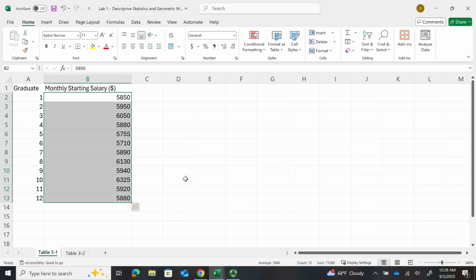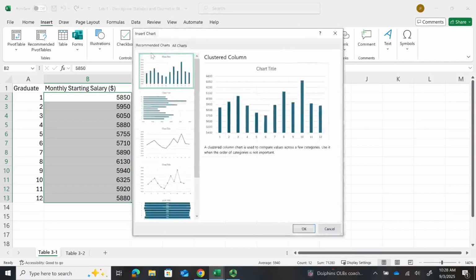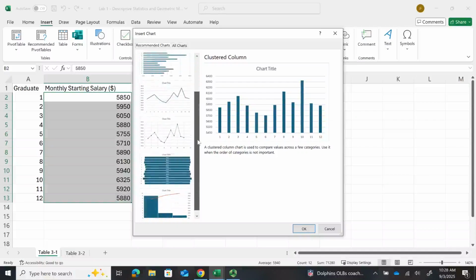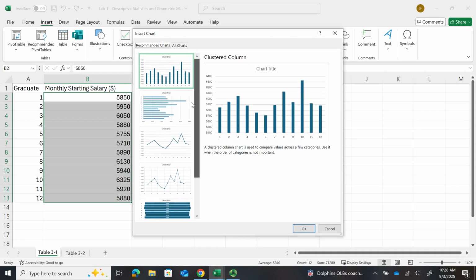Then in order to start constructing the box plot, you're going to go over here to the Insert tab. There's a number of different ways that you can get there, but one of the ways is to choose the recommended charts option, which is the very first option on here. When this comes up, initially it'll show a bunch of different histograms or bar graphs or line graphs. We don't see a box plot in here, so what you can do is click on the tab that says